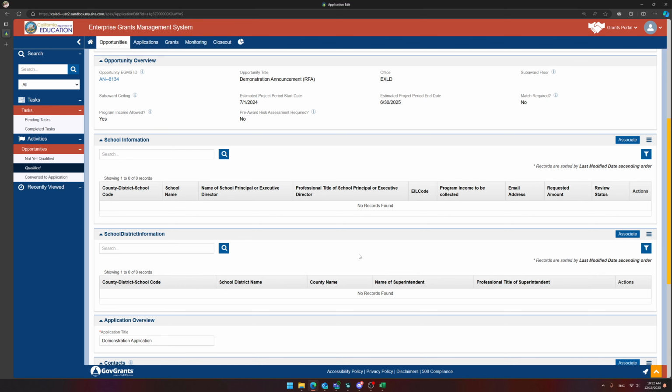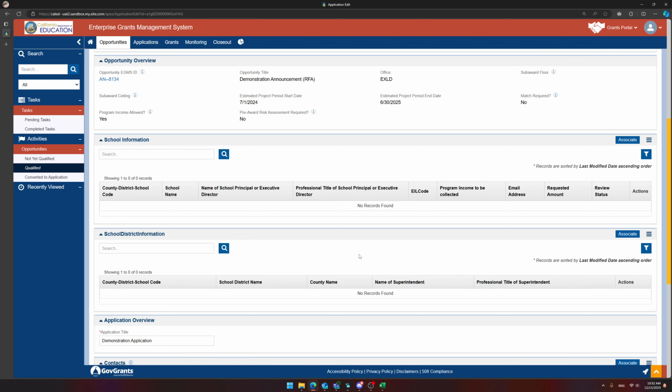So the way that this works is we come to the school information section, we click associate, and it's going to list out all of the schools that are available for selection for the organization. And then you can select one or more schools. So I'm just going to select one just to keep things really simple and associate that. And then close the window. And that's going to refresh the page. That way the school gets added to the table.